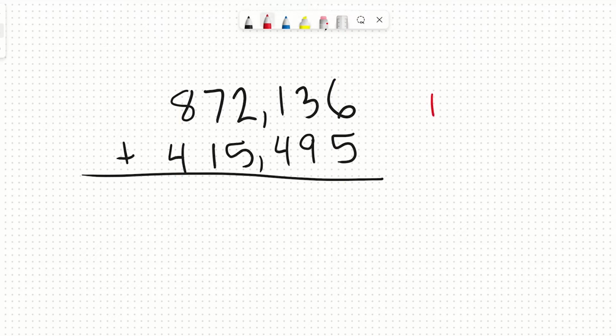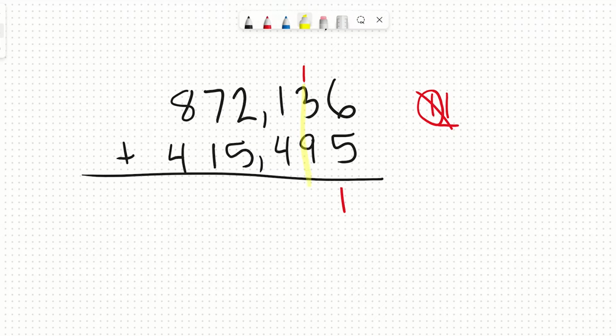6 and 5 is 11. So I make a little reminder off to the side. I circle my 1 in the tens place, move it over, and then I'm going to underline my 1 and bring it down as a reminder to put that digit where my line is. When I'm done with that, I'm going to cross it off as a reminder and move on to the next